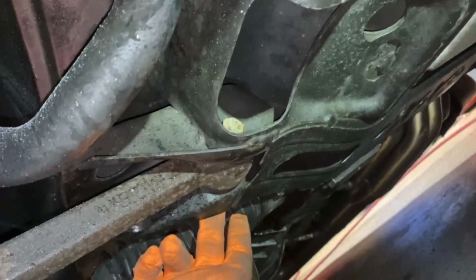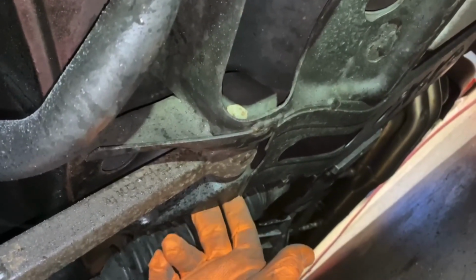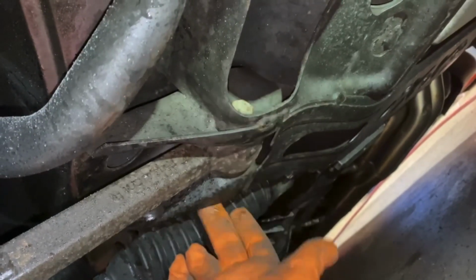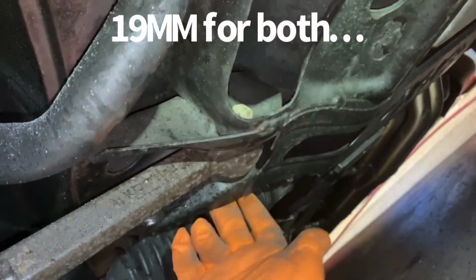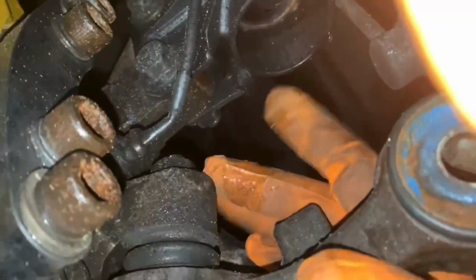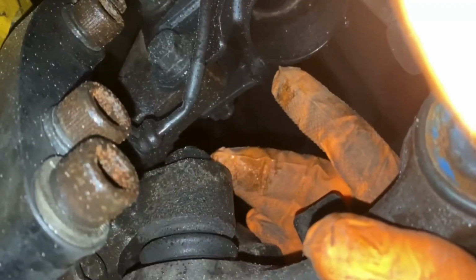There's a nut on the back side, just enough room to slide. I would recommend having two wrenches or two ratchets, and a 17 on the back, a 16 on the bolt side, a 17 on the nut side. And then I just remembered that the top of your lower control arm ball joint, this nut right here, this